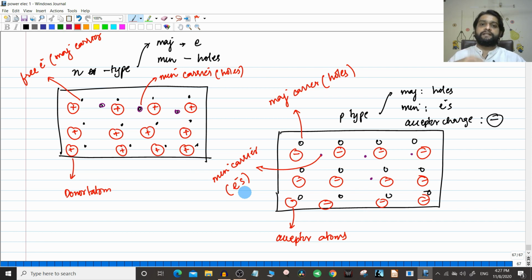I have told you, extrinsic n-type material and extrinsic p-type material are electrically neutral. There is no doubt about that. But in an n-type material, when an electron leaves a parent atom to be part of the conduction process, the donor atom acquires a net positive charge because it has just lost an electron. Similarly, in p-type material, when the electron comes and bonds with the acceptor level, which is available now, the atom actually gains an electron. Therefore, it has a net negative charge. This concept is very important when we study the p-n junction diode.